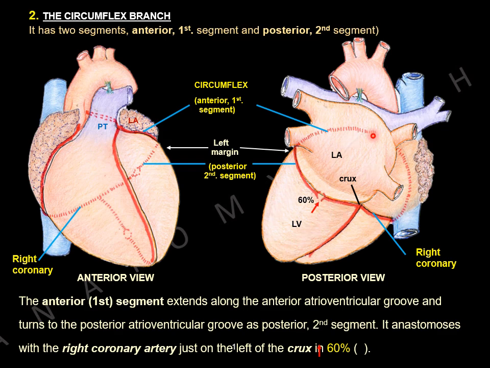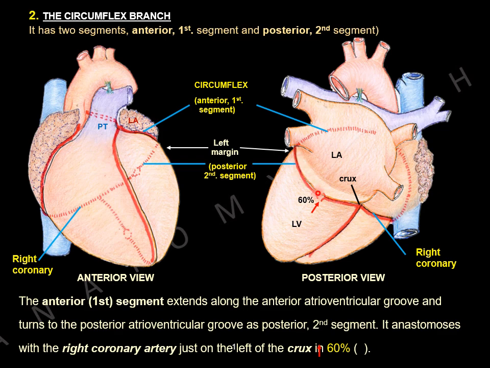This is the circumflex artery coming from in front. This is the first part or anterior segment. After coming from here, this is the left border of the heart. It turns around and runs along the posterior atrioventricular groove as the posterior or second segment of the circumflex